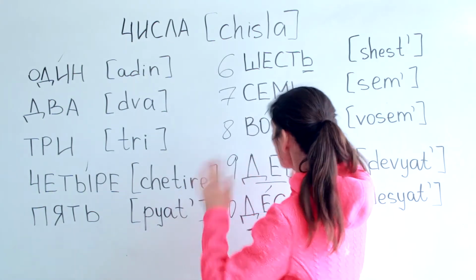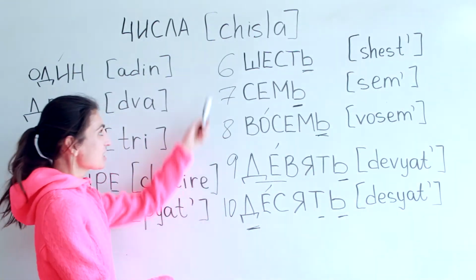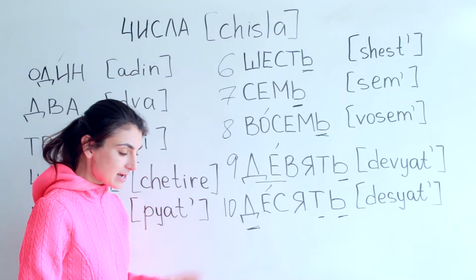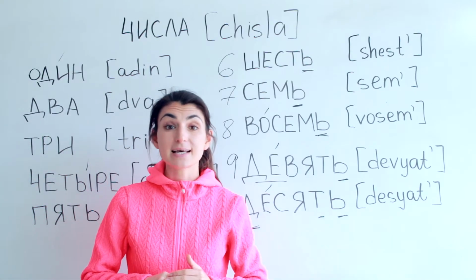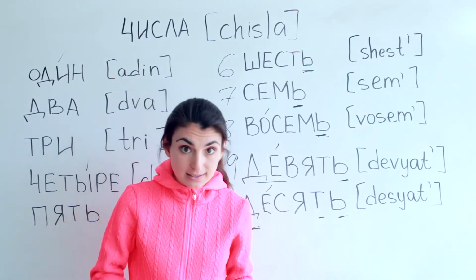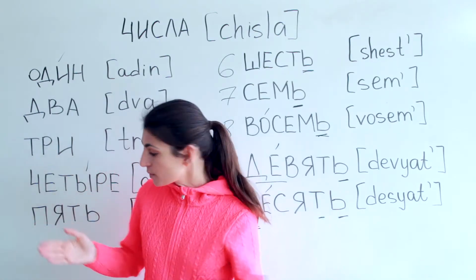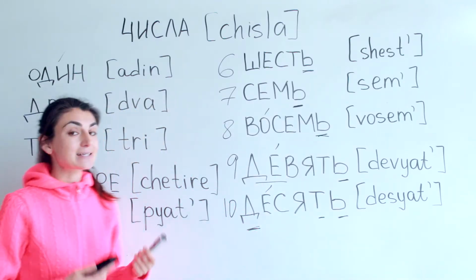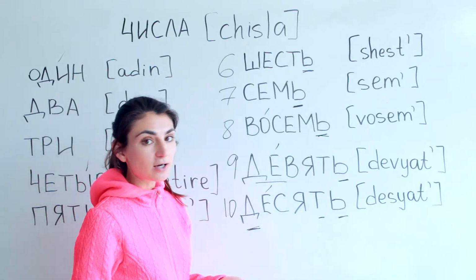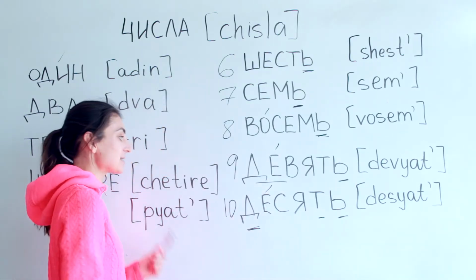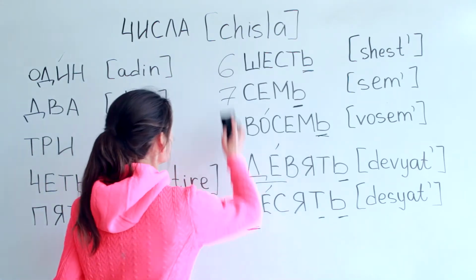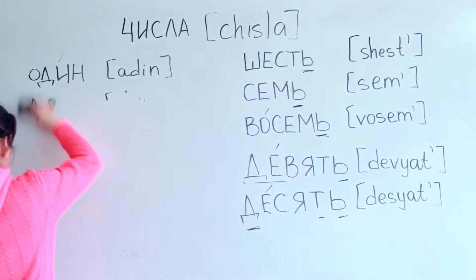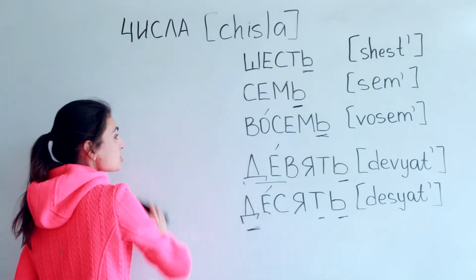learn the numbers. We learned 5 more. 6, 7, 8, 9, 10, which are 6, 7, 8, 9, and 10. We are going to use them in the sentence, so you can actually practically use these words. What we are going to do, let me find the eraser. We are going to say it is 6 o'clock, it is 7 o'clock, it is 8 o'clock, it is 9 o'clock, and it is 10 o'clock. So let me help you and let me show you how we do that.